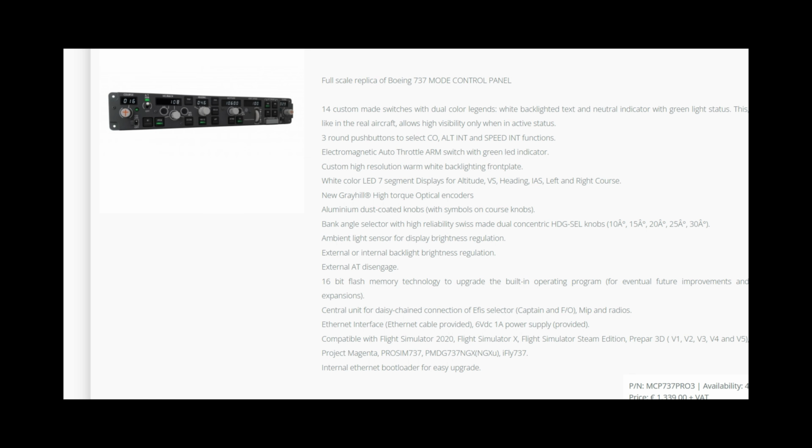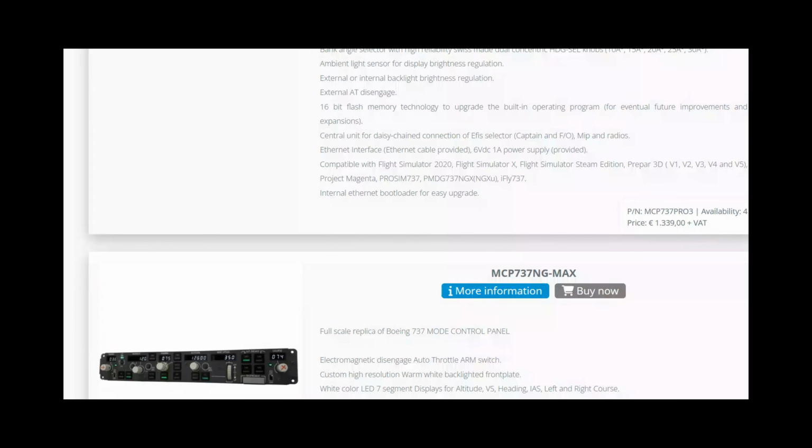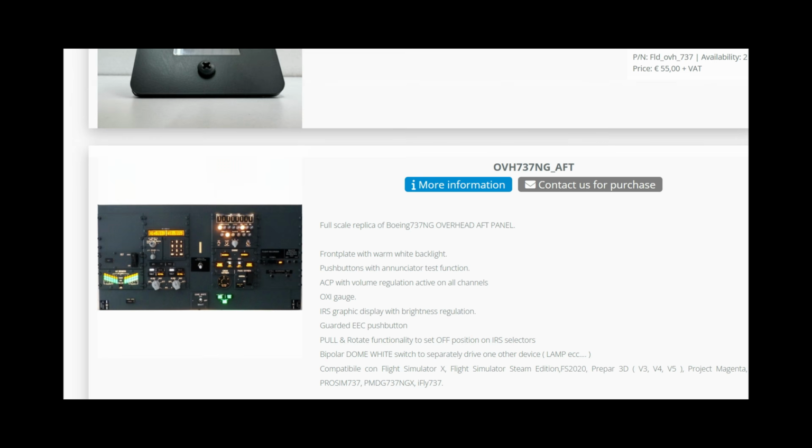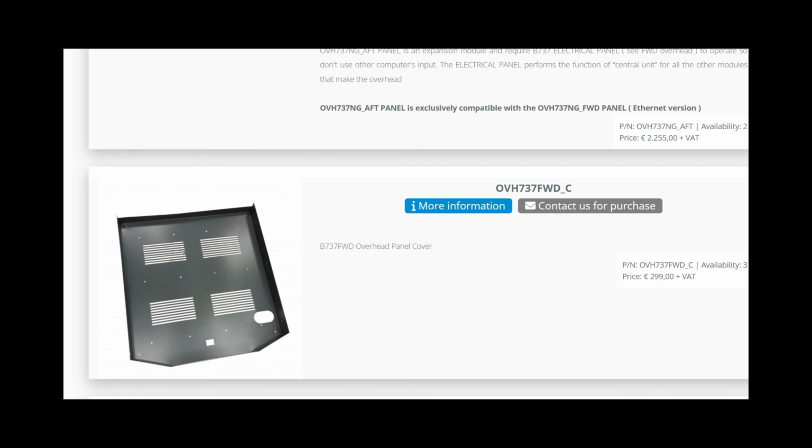So they will not run without the MCP. If you ever decide to go with CPflight, make sure you buy an MCP first, because it's basically what controls everything. Yep, and that's basically the ordering process. You go back and forth